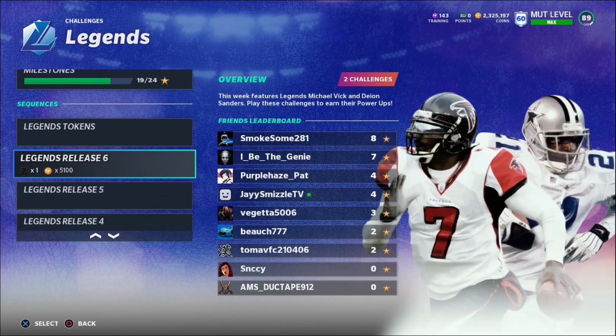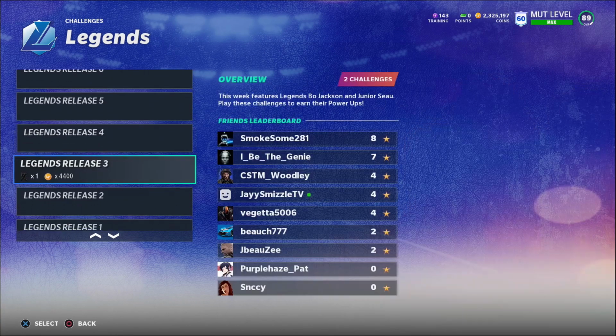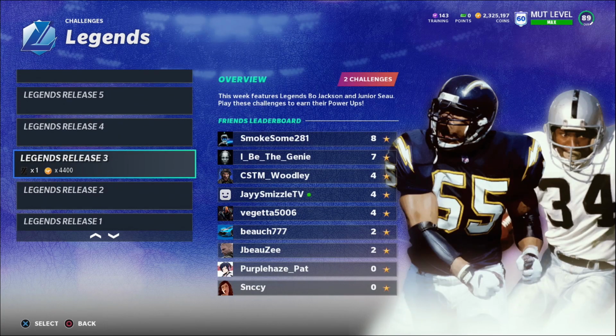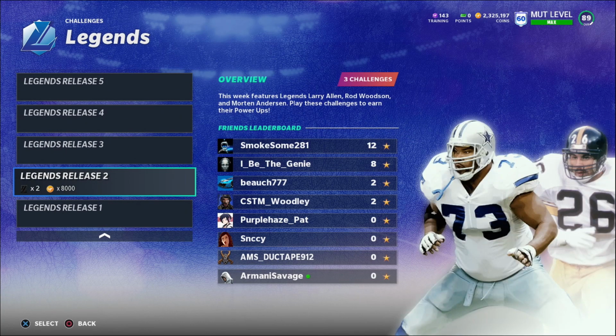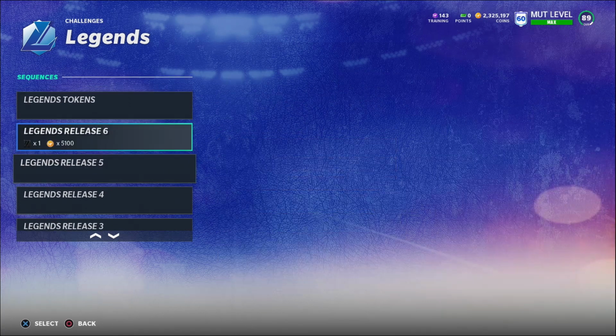You guys can do Reggie Wayne, you guys can do Michael Vick, Deion Sanders, you guys can do Tony Gonzalez, John Lynch. I don't think John Lynch is going for that much, and Bo Jackson is another good one, and Rod Woodson's another good one. There's a lot of good challenges you guys can do to get some power-ups that are going for a lot of coins,